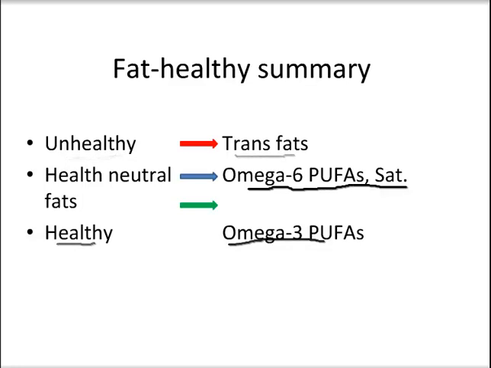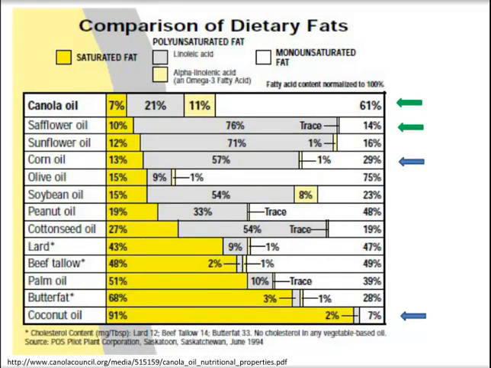Now, the other thing to look at here is the saturated fat. And you see all of these that are sort of towards the top, the canola oil, corn oil, olive oil. Those are all pretty low in saturated fat. That's a good thing. Then when you get down here towards the bottom, palm oil, coconut oil, you get more saturated fat. And again, that's debatable. Some people think that's okay. I don't think it's such a good idea to be eating all that saturated fat, but maybe at best one can consider that neutral. Let me leave it at that for now.